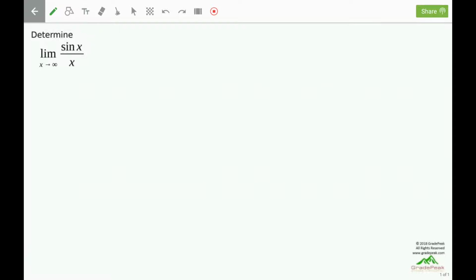Determine the limit as x approaches positive infinity of sine of x divided by x. For the limit as x approaches positive infinity of sine of x divided by x, the first thing to do